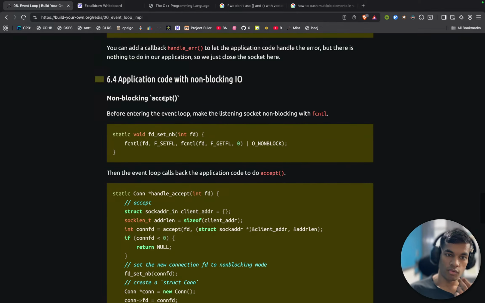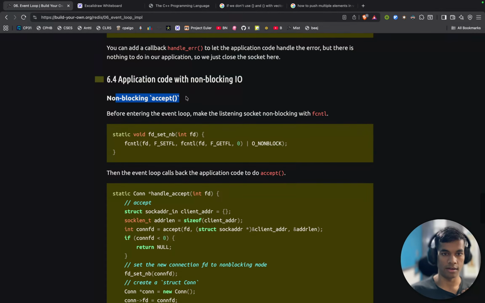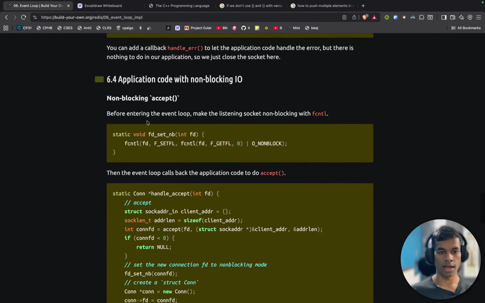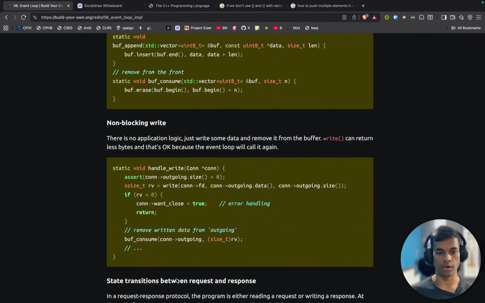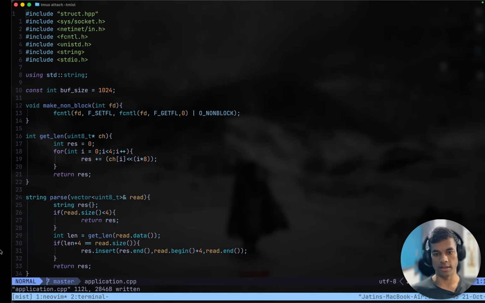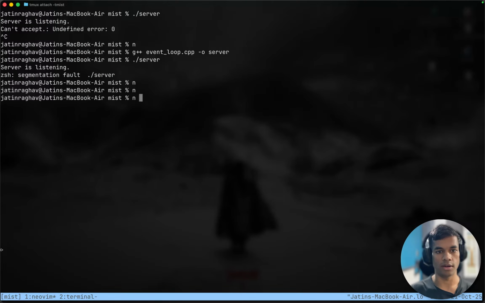Okay, so we have written code for the application side, but I haven't read the code. I just went on and wrote the code. So we will read this, but before reading this, I want to make this a bit interactive. So let's make this a bit interactive. We will write